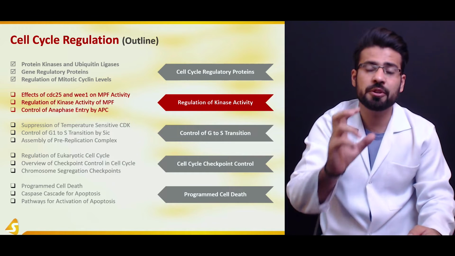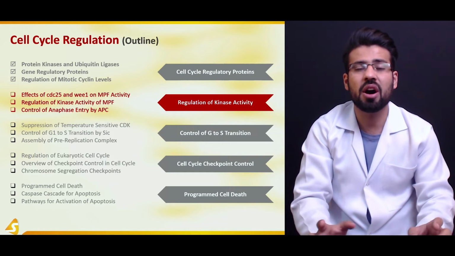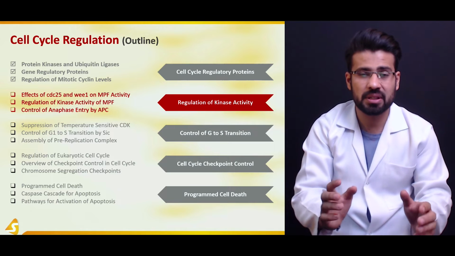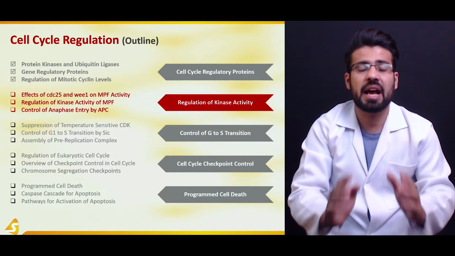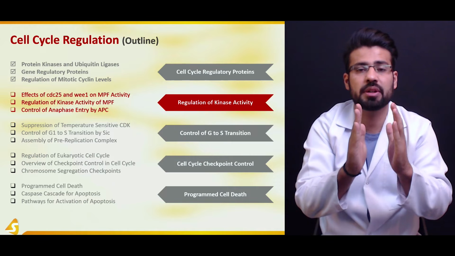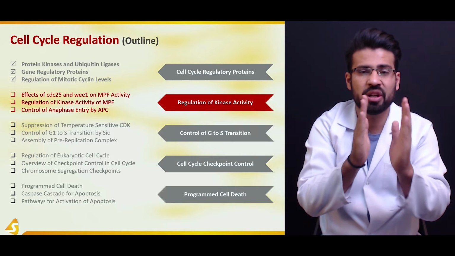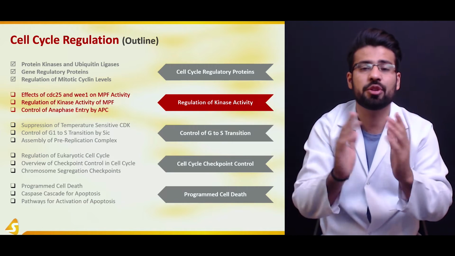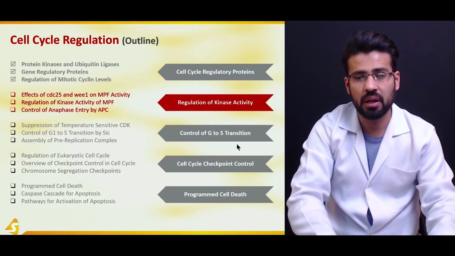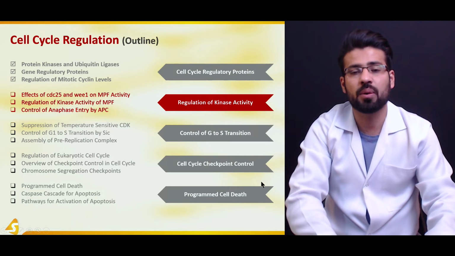Of course, this would cause the activation of separase, which is going to chop down the cohesin molecules that are present as a strong link between the two sister chromatids. When this bridge between the two sister chromatids is broken, they can be separated by the pull during the telophase, of course. So all of these we are going to discuss one by one.